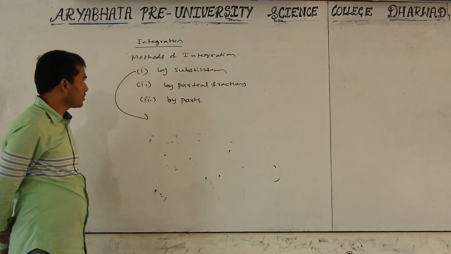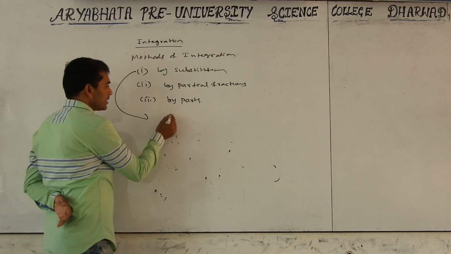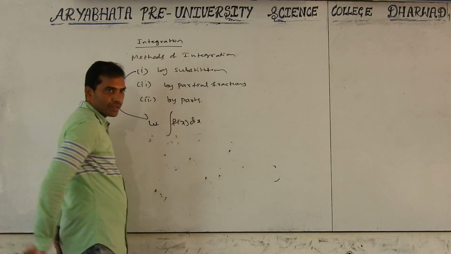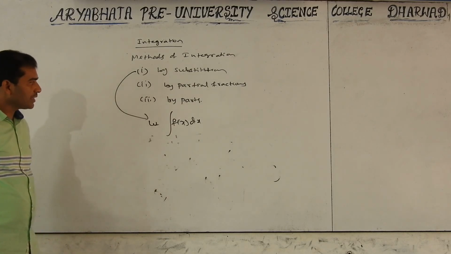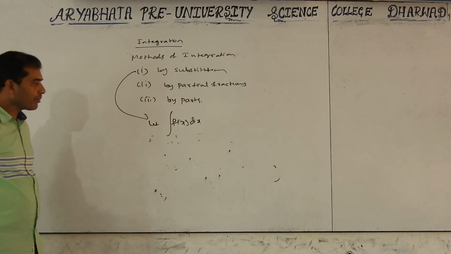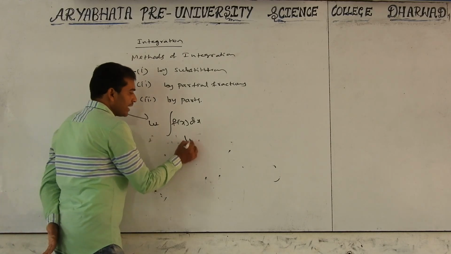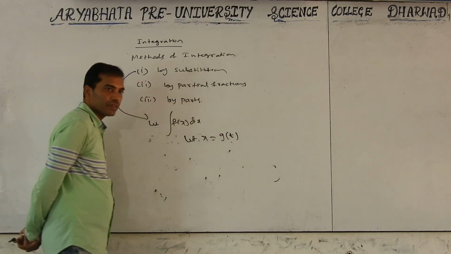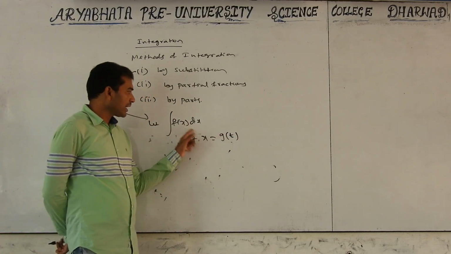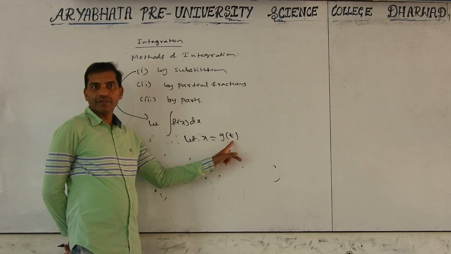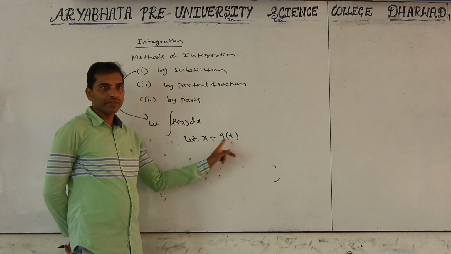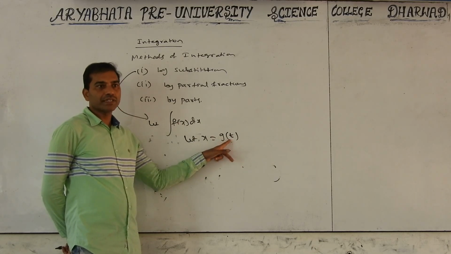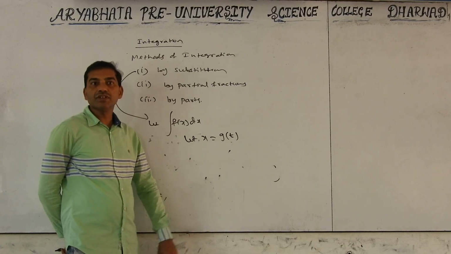Yes. So what is substitution? See, let integration of f of x dx. Now I am going to apply the substitution. Let x equal to g of t. Some other function. You substitute x is equal to another value. Change the variable. x is equal to g of t. Because if you take the same variable, this x and that x will coincide. So let x is equal to, I am taking, g of t.